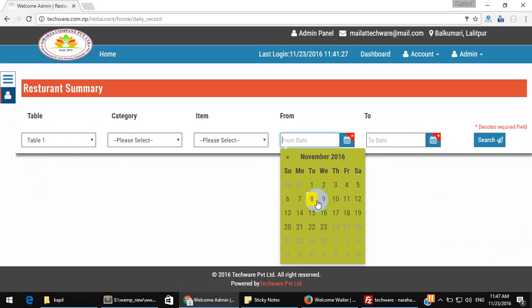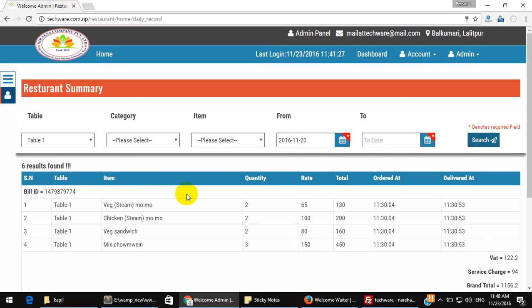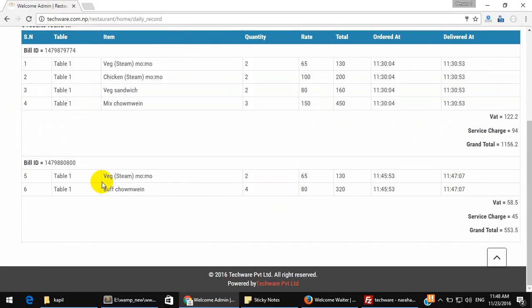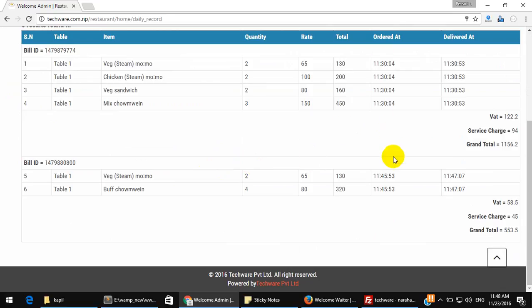On table 1, let me check from the 20th. Then this is the data. These data were created just recently, and this is the ordered at time and this is the delivered at time. It takes 2 minutes in our system.